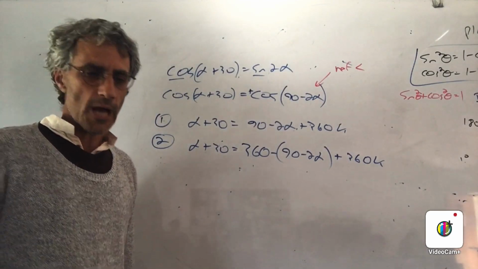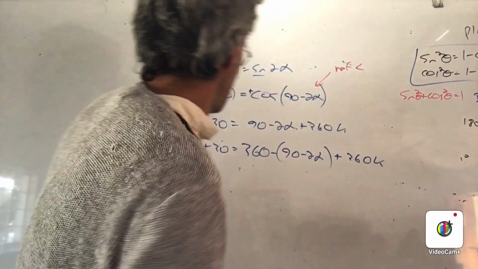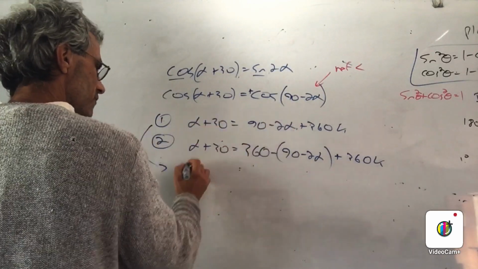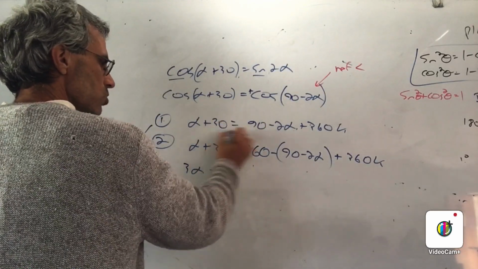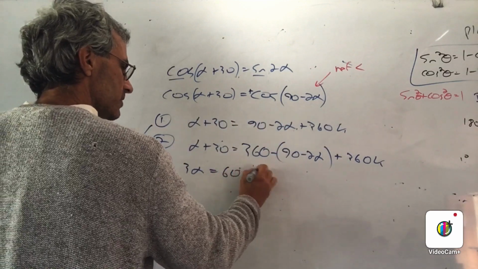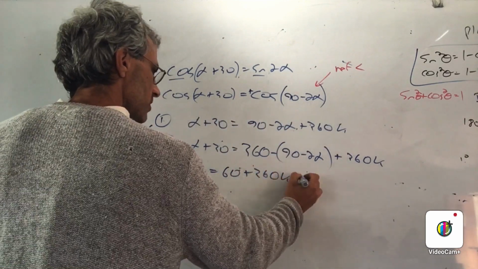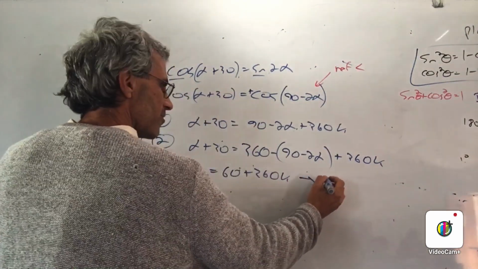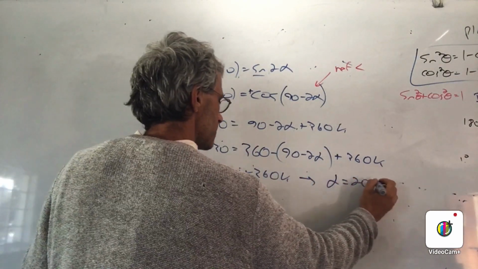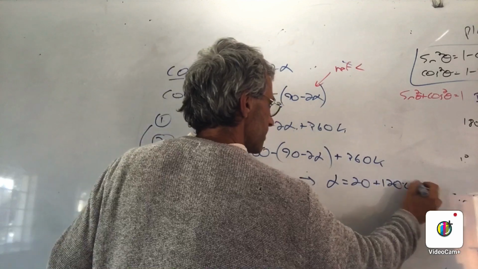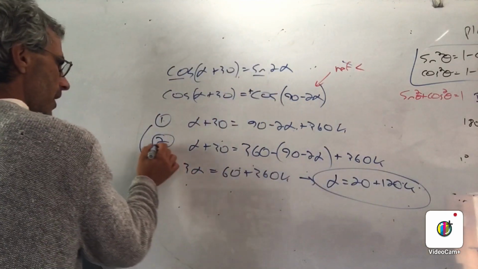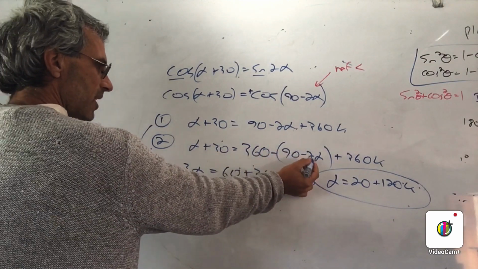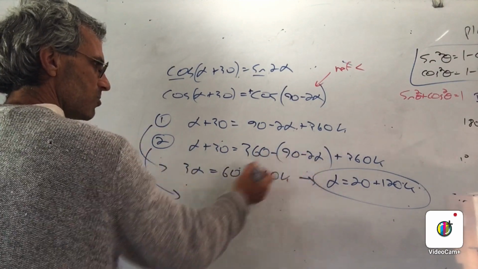Now, a little bit of algebra, which I'm just going to do quickly. I'm going to have 3 alpha equals 60 plus 360k. Divided by 3, I'm hoping I'm not making mistakes here, I'm going to have alpha equals 20 plus 120k. That's one solution. And the second solution is going to be